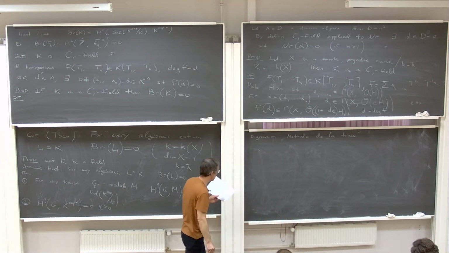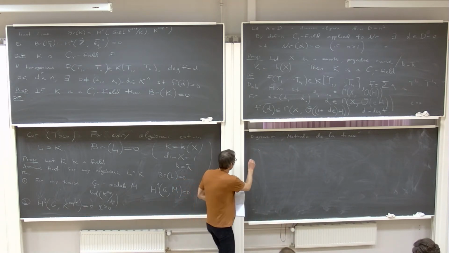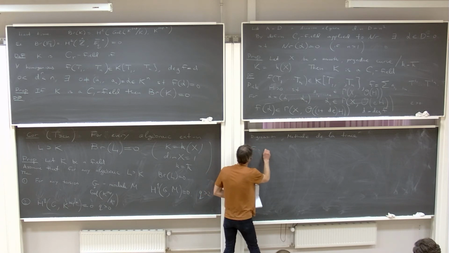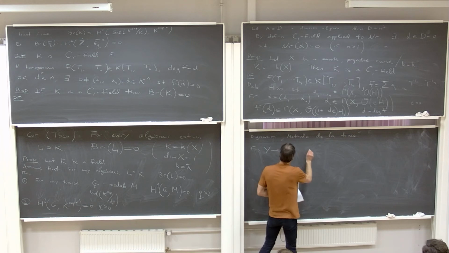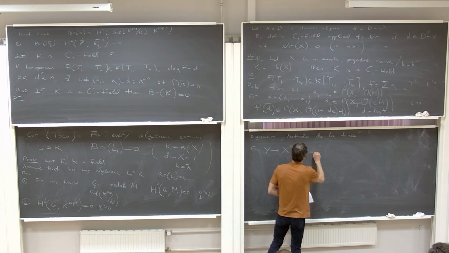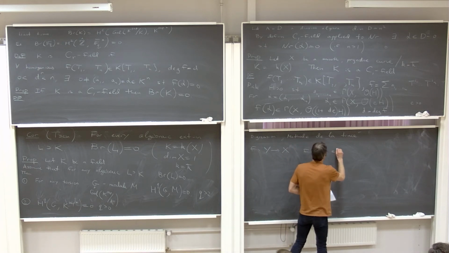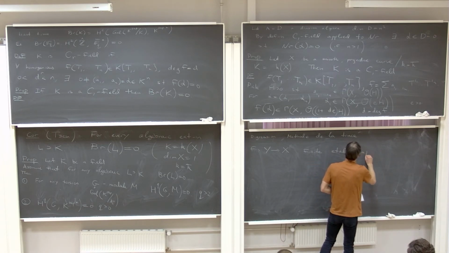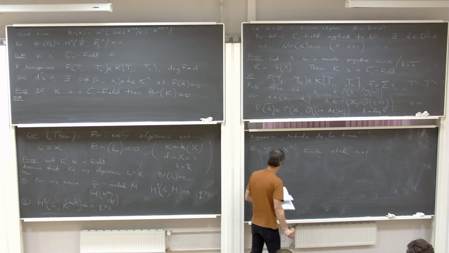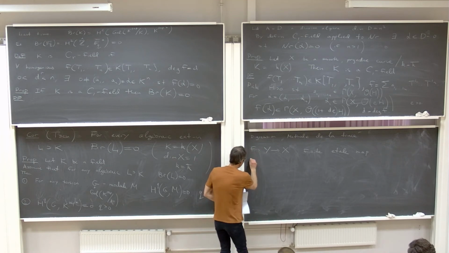Okay, so it consists of the following. Suppose you have a finite étale map. Then